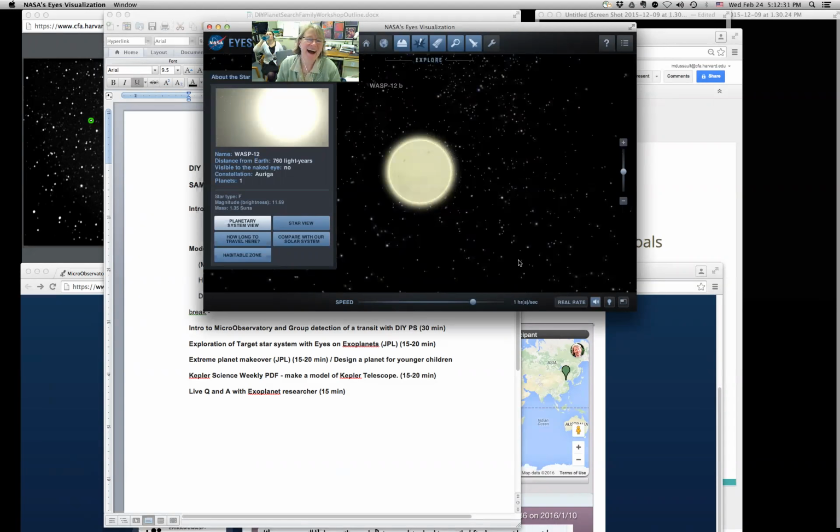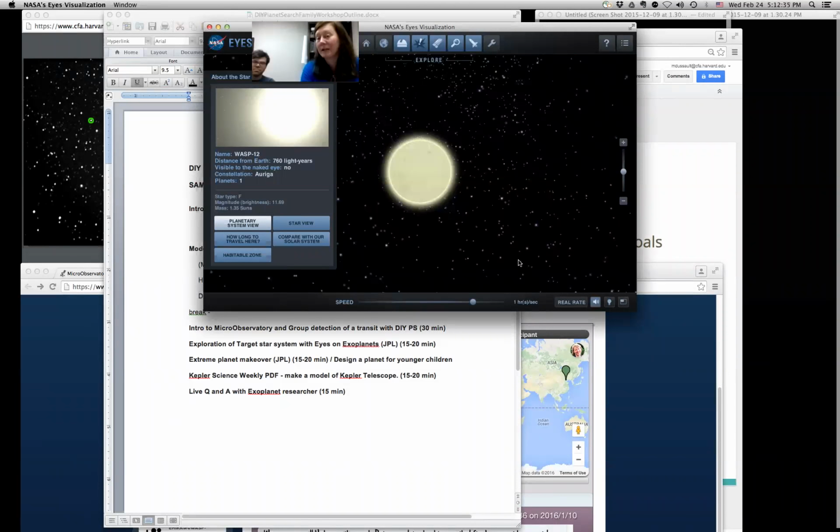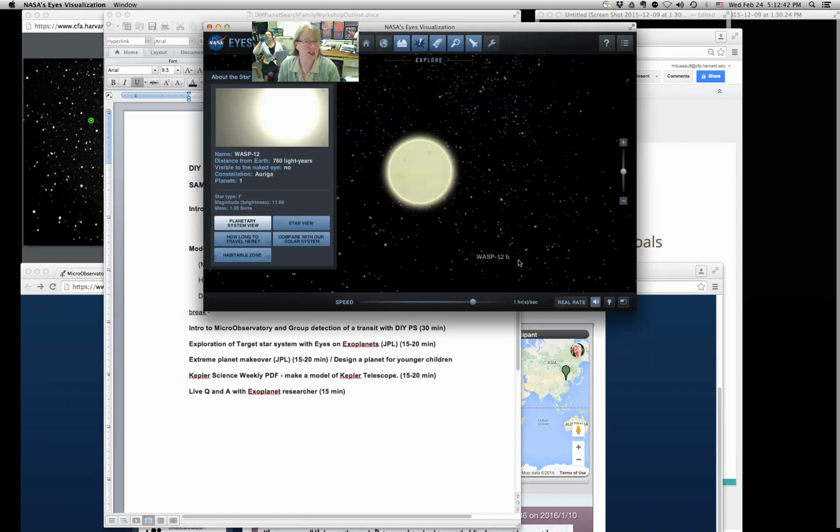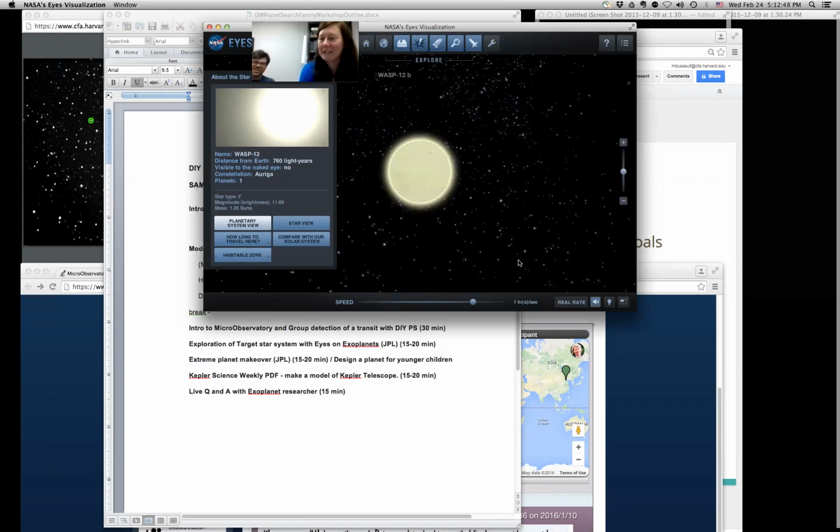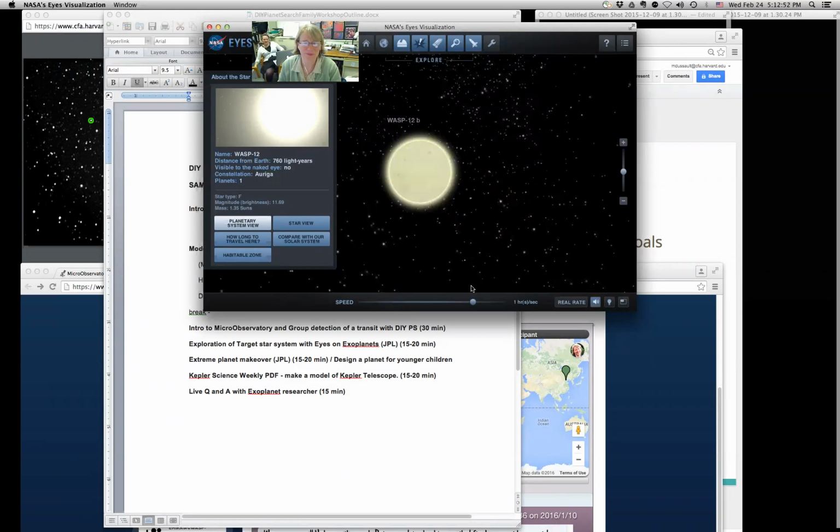I mean, this is a question to send back to JPL. Is it modeling the size that accurately? Yeah, I don't think so. I think that's a problem with the visualization, because this is still 2 million miles away from the photosphere. So it should not be touching. Right, going inside the star. But anyway,